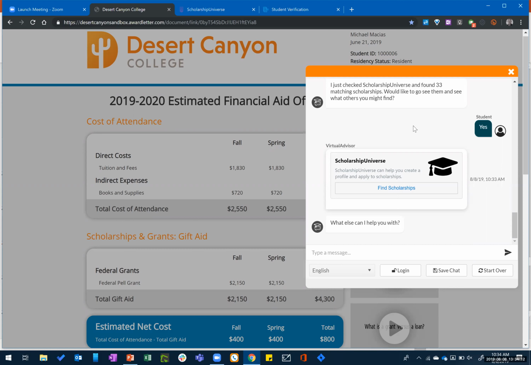For example, we have an institution using our Scholarship Universe product that loads 135 fields of information every night on its entire student population. So the bot can access that data, and using the AI to determine my intent, can answer questions like, what's my balance? What's my GPA? What's my SAP status? So it can become really intelligent about me as I feed it data from the SIS. Now it's going to ask me, what else can I help with?